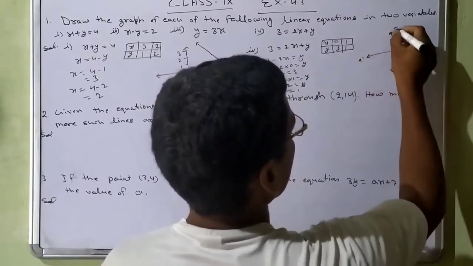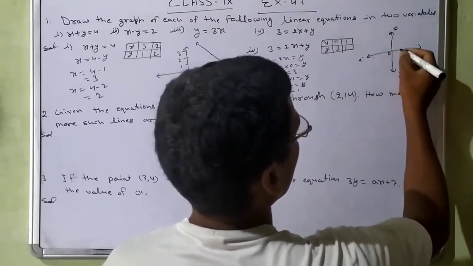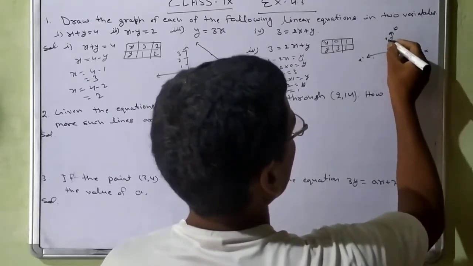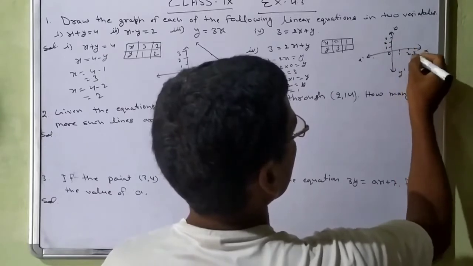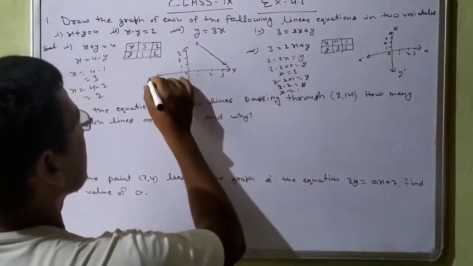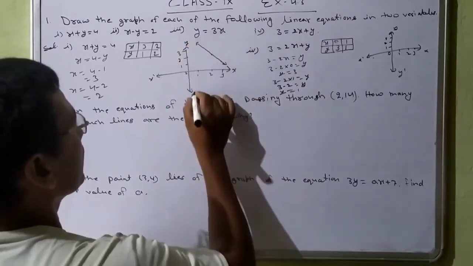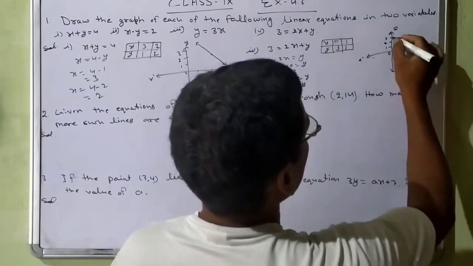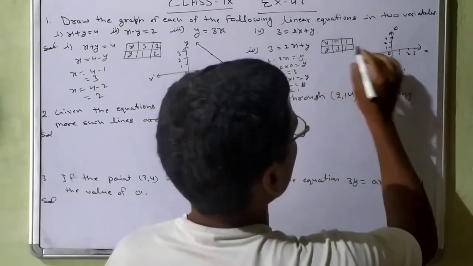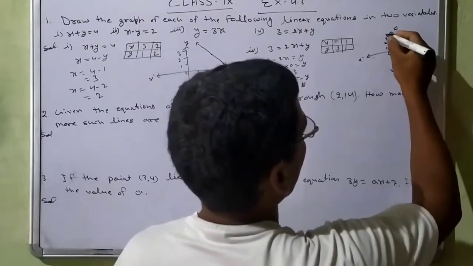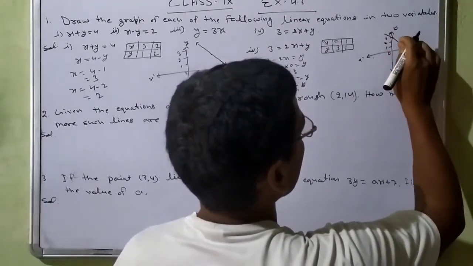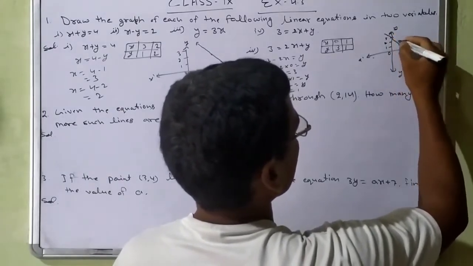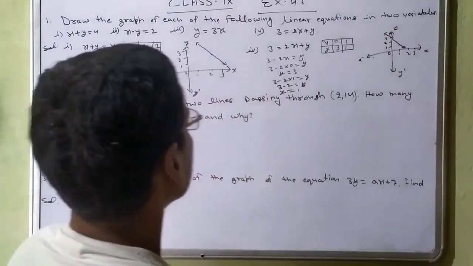Now draw the graph. X, x dash, y, y dash. 0, 1, 2, 3. 1, 2, 3. 2, 1. 1, 2, 3. Here also we will write the x-axis, y-axis, that is y, y dash. Now 0 and 3, it means this point, and then 1, 1, it means this point, and draw the line passing through both points. Next question.